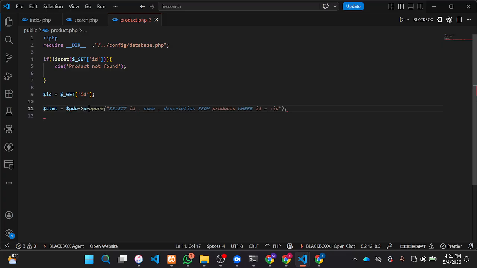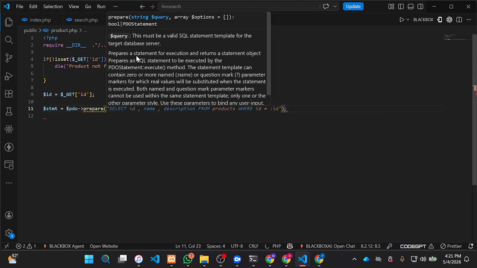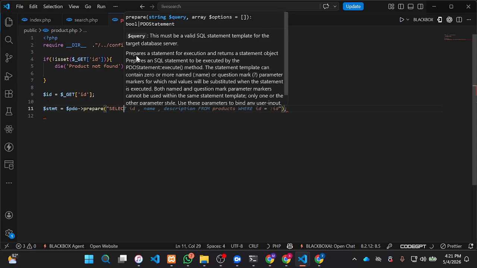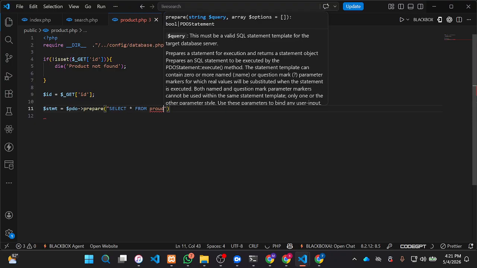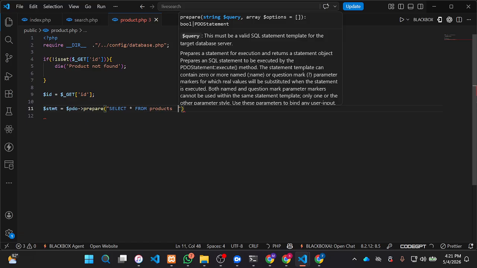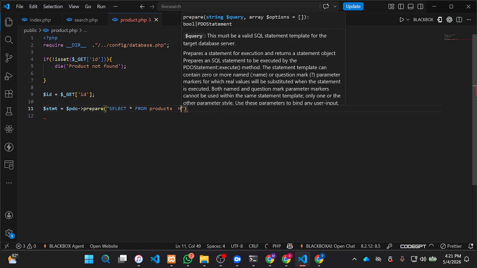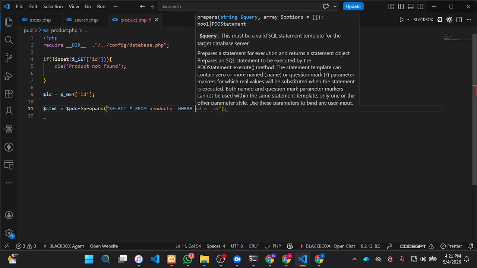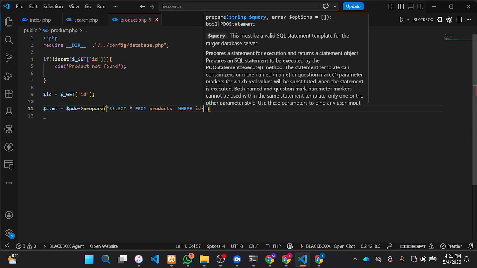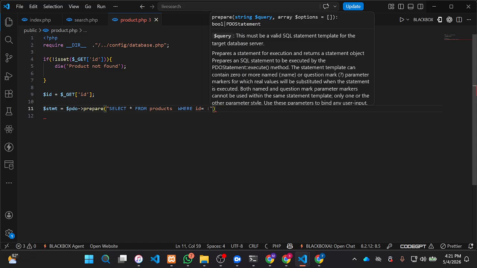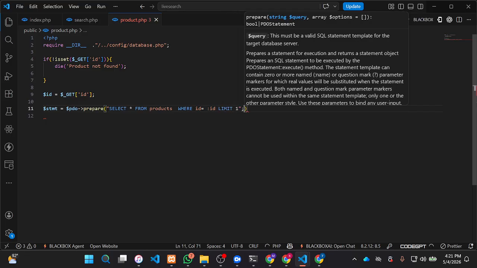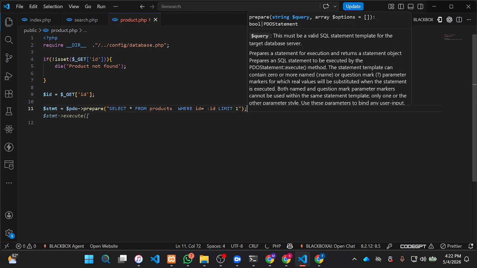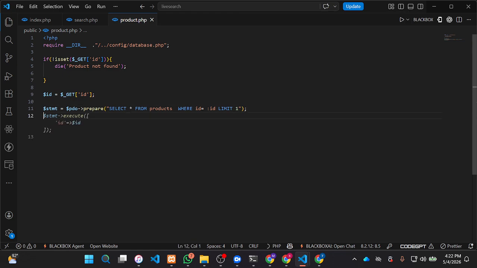PDO prepare, select star from products where ID is equals to colon ID. I'm going to do a limit of 1. And I'm going to close it here. So after we've done this one now, we're going to do statement execute